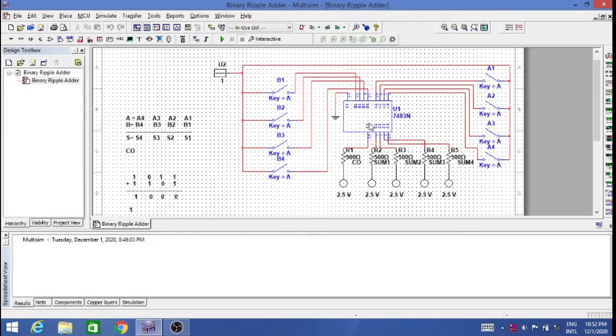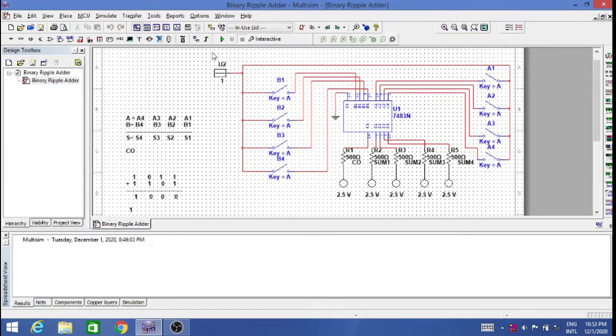Wherever a carry is generated, and in our case a carry will obviously be generated, this will force the probe to be highlighted, converting from 0 to 1. Then you can see there are 4 sum bits which are the result of this a and b addition, that is s1, s2, s3 and s4, and accordingly I have named them sum1, sum2, sum3 and sum4. So let us start the simulation and put the switches as per the values we have taken, and see whether we get the resultant output or not.